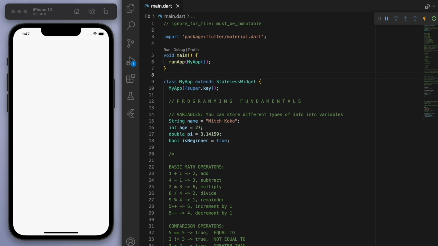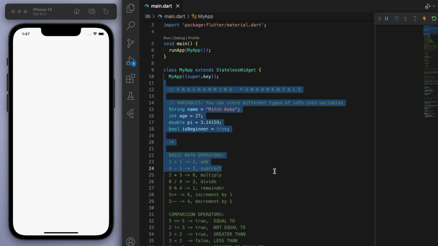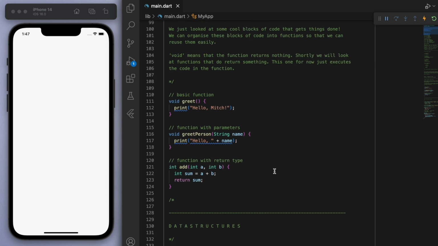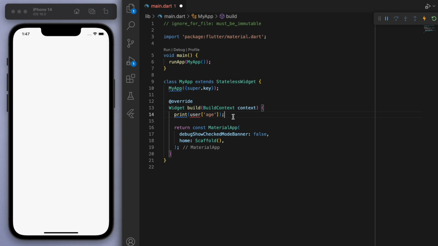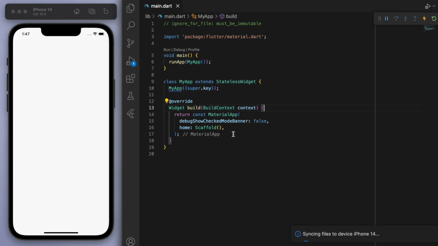Awesome, so now that you know all the programming fundamentals, let's just delete all of these notes. And now I'm going to show you about widgets in Flutter. So everything in Flutter is a widget. And so just to show you again, I just want to delete everything below the main function, and let's just